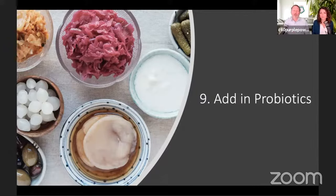Now there's different types of probiotics. You get a soil-based probiotic. We recommend that because it'll actually make it past the stomach acid. It'll make it to where it needs to go in the lower intestine and things like that. But besides just taking a probiotic every day, if you have taken antibiotics, double